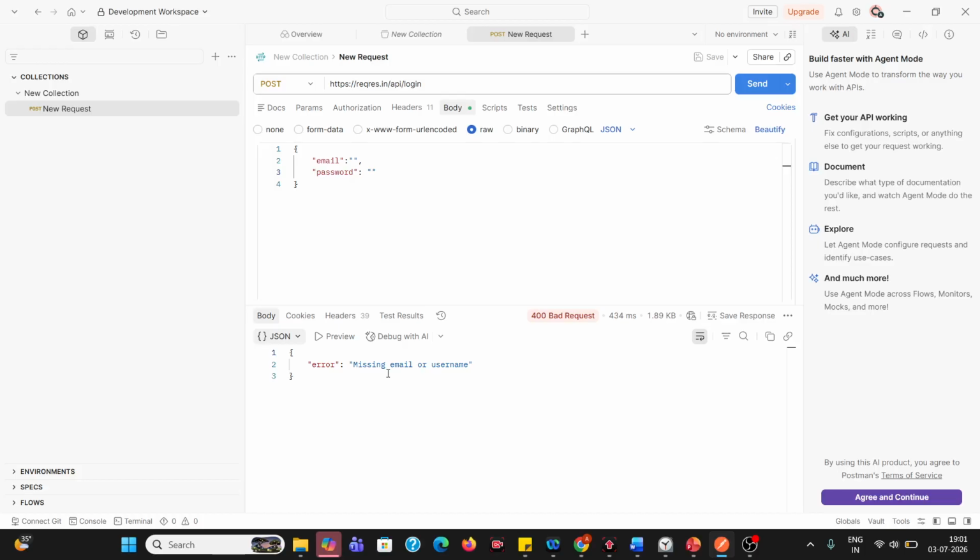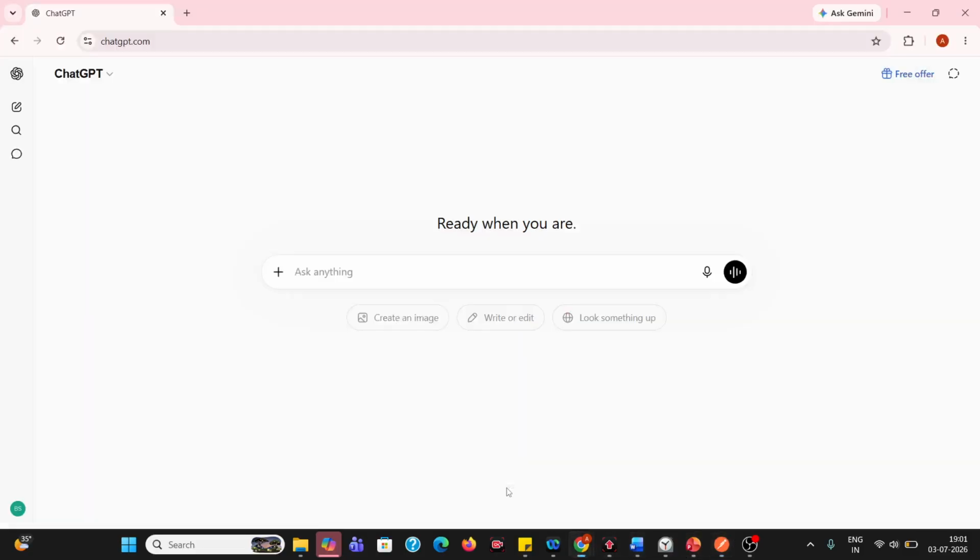So now how AI will help us here? So instead of manually thinking test cases, we do one thing. We just ask AI. So what we will do, we just go to, let's suppose ChatGPT and we just give here